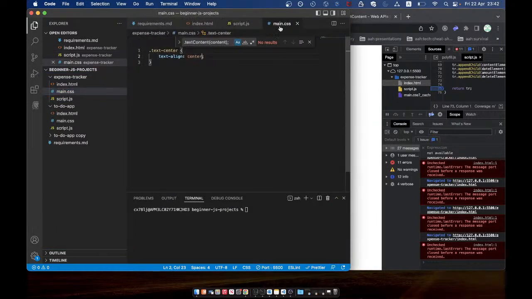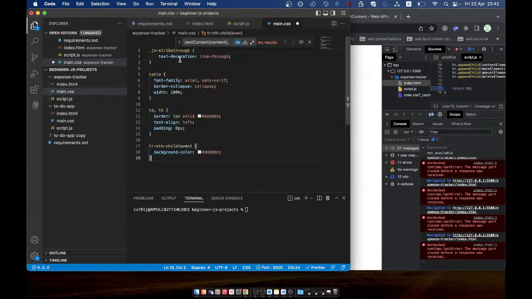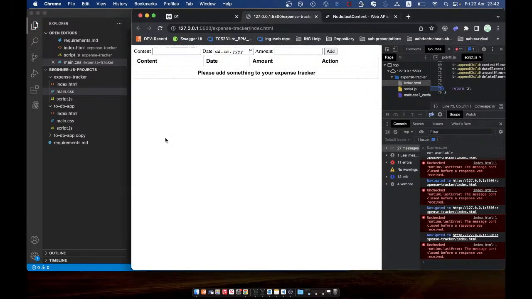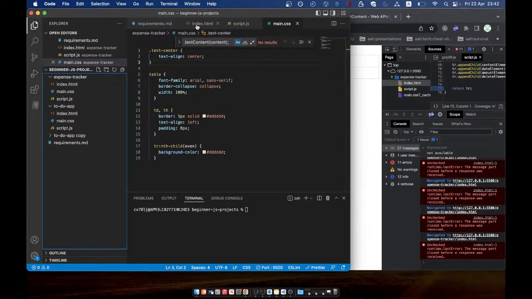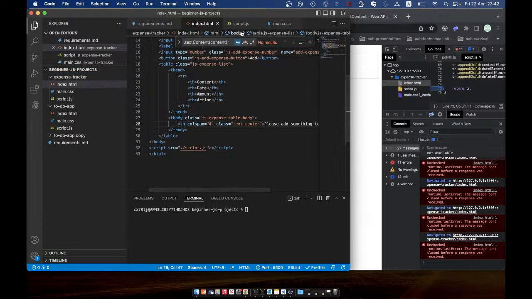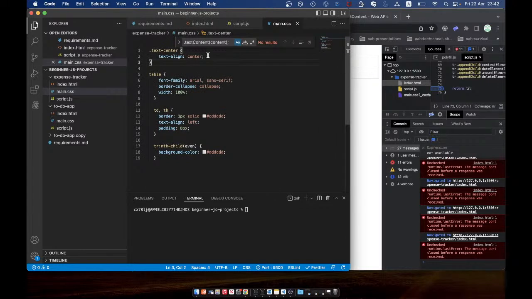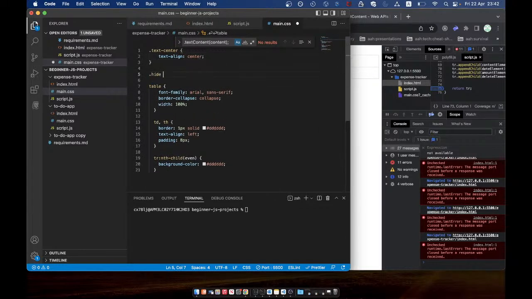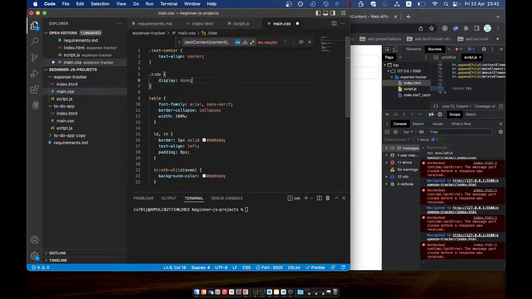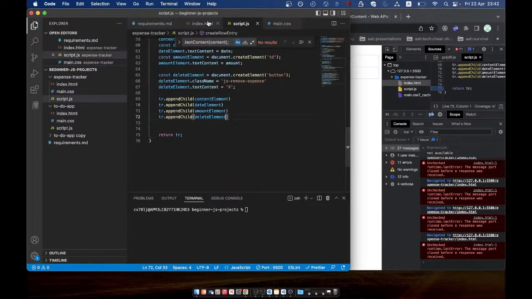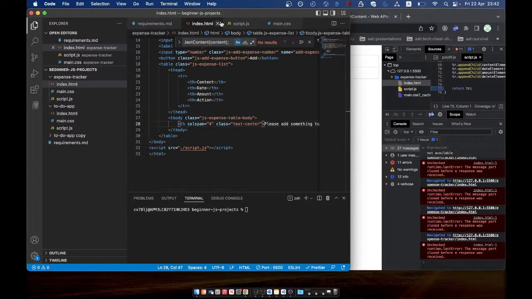I deleted all the other styles, didn't I? Okay, I'm getting tired a bit. Let's just finish this real quick. Okay, let's start this now. Good. And then add a hide class, none. So if we have